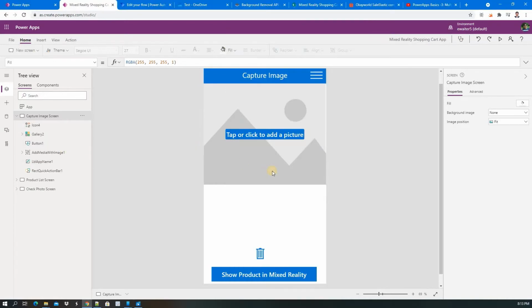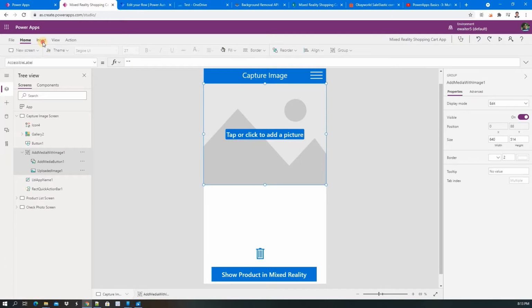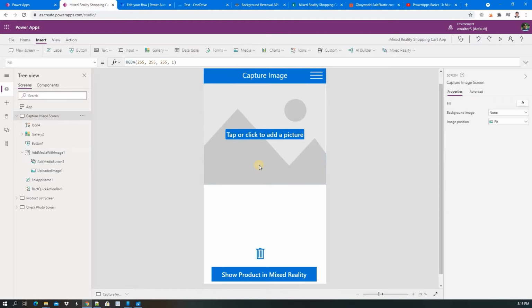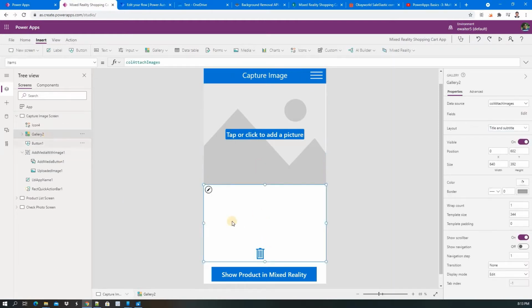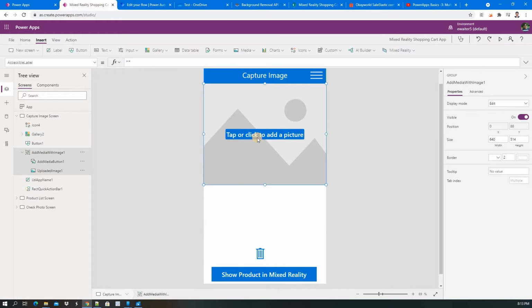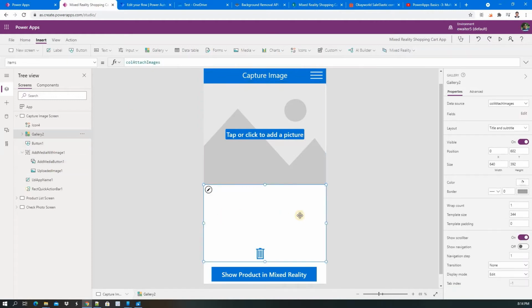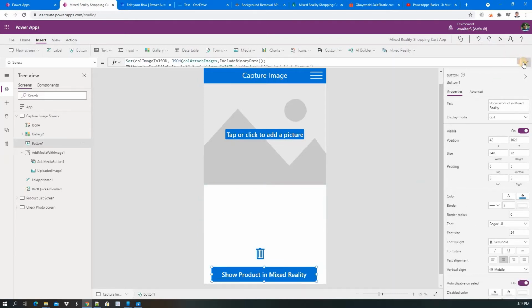What I have done is I have created one Power App. This is a simple control. Add a picture control, you just put it there, and here I have provided one gallery, so that whatever you select from here goes to a collection like this. I took a GUID because it is a unique thing, and the format I have taken is PNG. This is the unique name I have created, and it is added to the collection, and in this gallery it will appear automatically one by one.